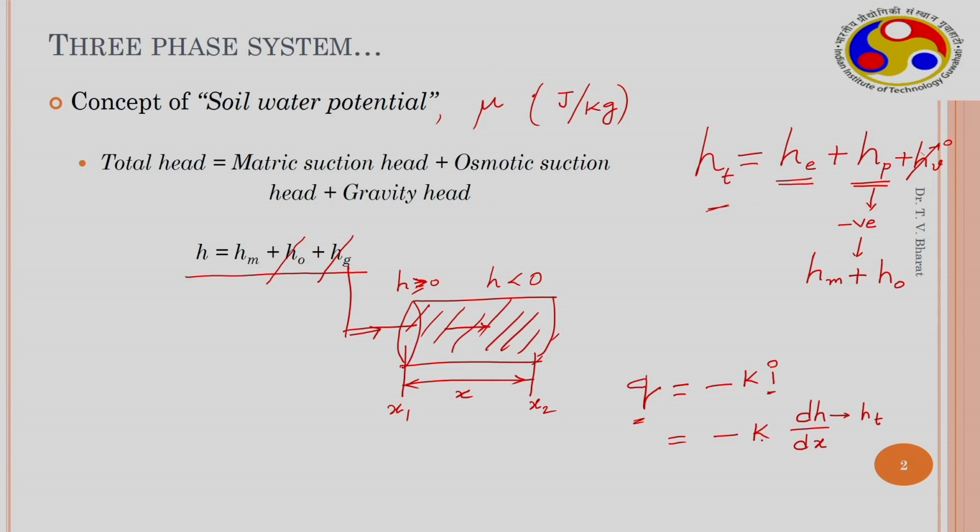So now what is K? K is hydraulic conductivity. As we have mentioned, the hydraulic conductivity is a functional form, K, which depends on the head only, times dH by dx. So this is how we can utilize it. This is the generalized Darcy's law which can be utilized for flow through unsaturated soils.